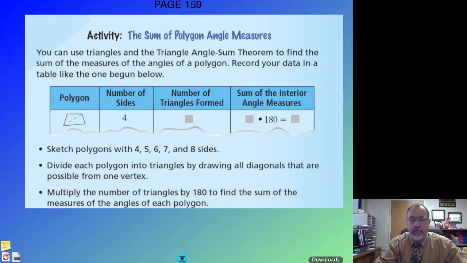Geometry, Chapter 3, Lesson 5, I believe. Yes. Chapter 3, Lesson 5, we're looking at polygons, and we have a theorem from the last lesson where we